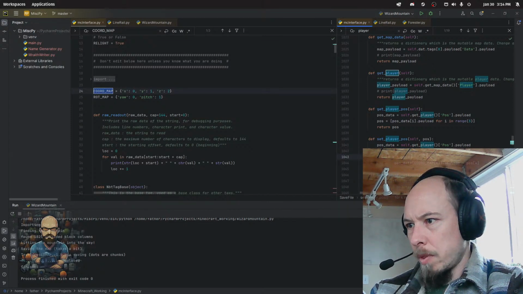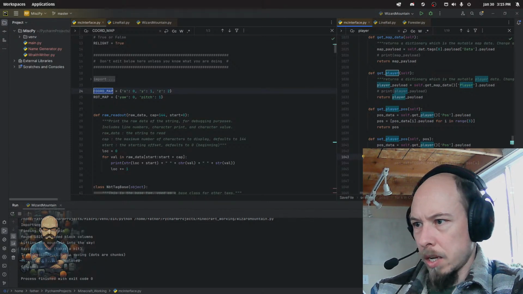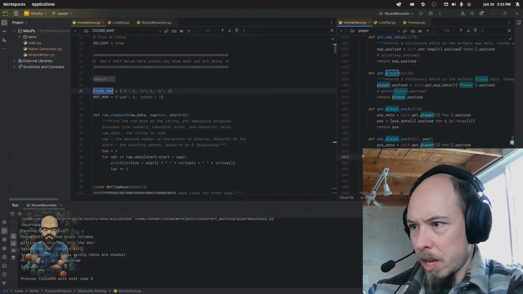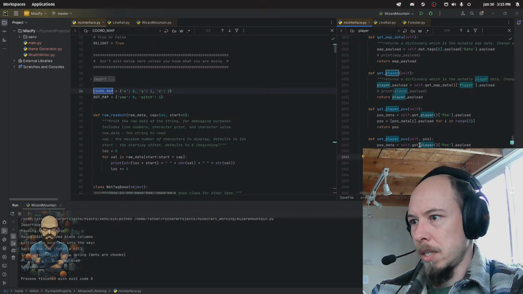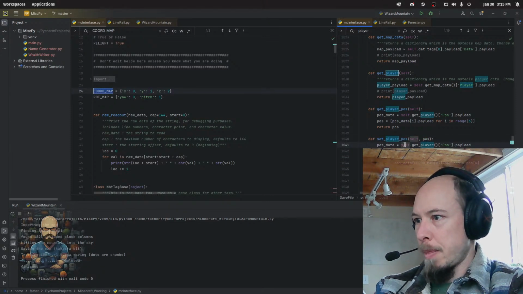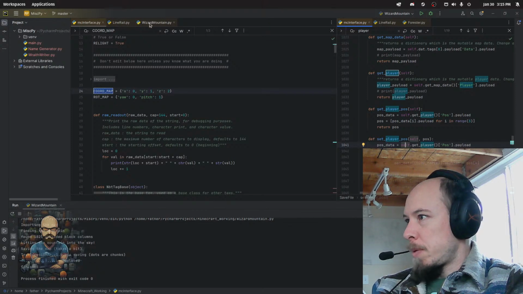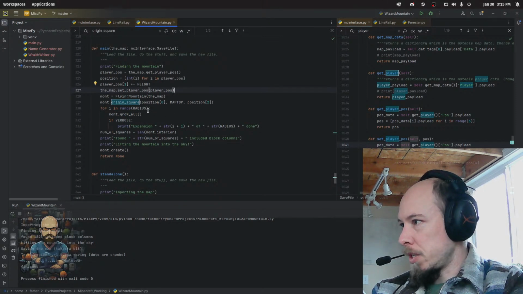For K in coordinate map, if K is in position, position data, coordinate map of K dot payload equals position of K. Position data, 0, 1, 2. Oh, I see. So we're supposed to pass in a dictionary with the position stuff. So player position,